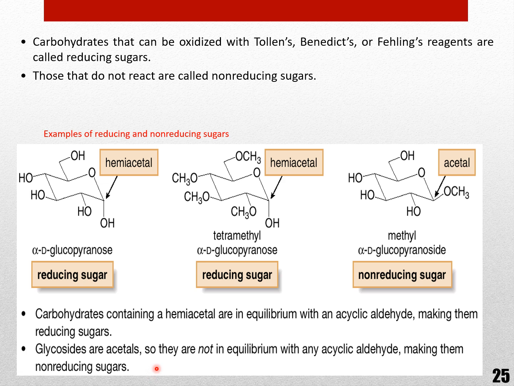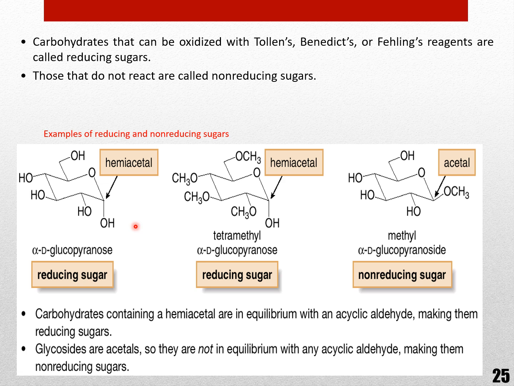A bit of understanding here in this slide. The reason why the acyclic structure of glucose can come about is because this carbon here is hemiacetal. So when it's hemiacetal, just like this structure, it can open up and go back and become acyclic. So only hemiacetal can open up to become acyclic and expose the carbonyl group.